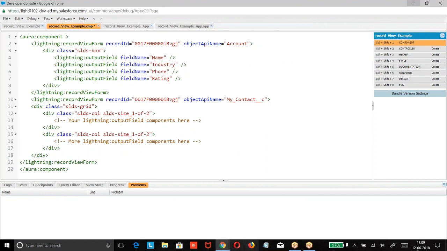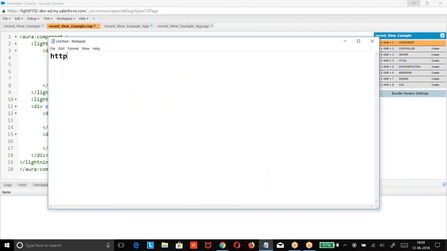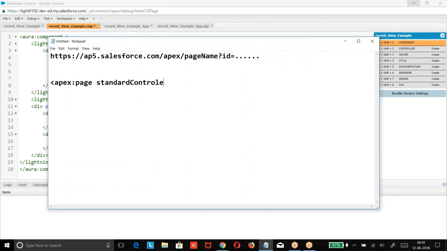Is it the same as your Visualforce? Where I have a page, this is how we create it. Am I right?